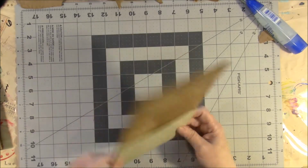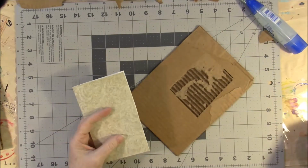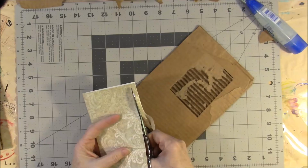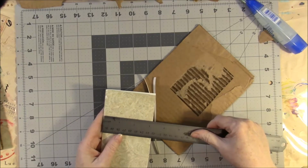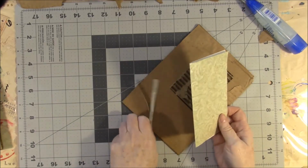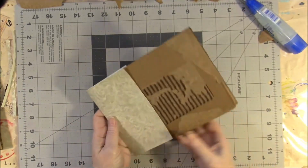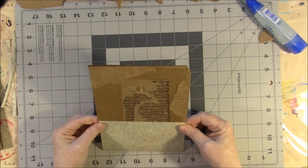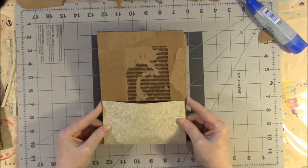I think it's a little high on that side. I think it's a little high altogether, so I'm going to take a little off of it. That makes it about 3 1/4, so that'd be 6 1/2 inches. Yeah, I like that a little better. Okay, now